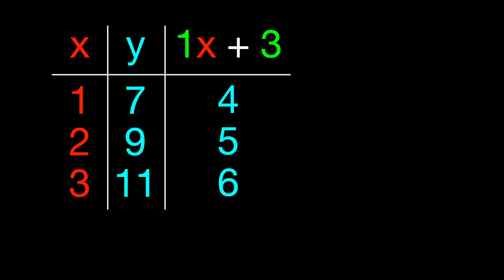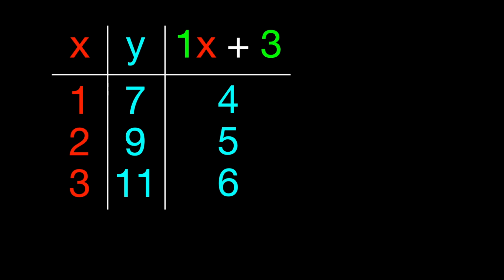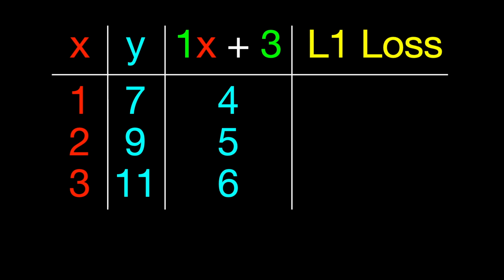We can evaluate our parameters m equals 1 and b equals 3 based on how far off the outputs that we computed were from the desired outputs. We call this the loss of the parameters. There are many different types of loss, but let's start with a very simple type called L1 loss. We just look at the difference between the computed output and the desired output. For example,